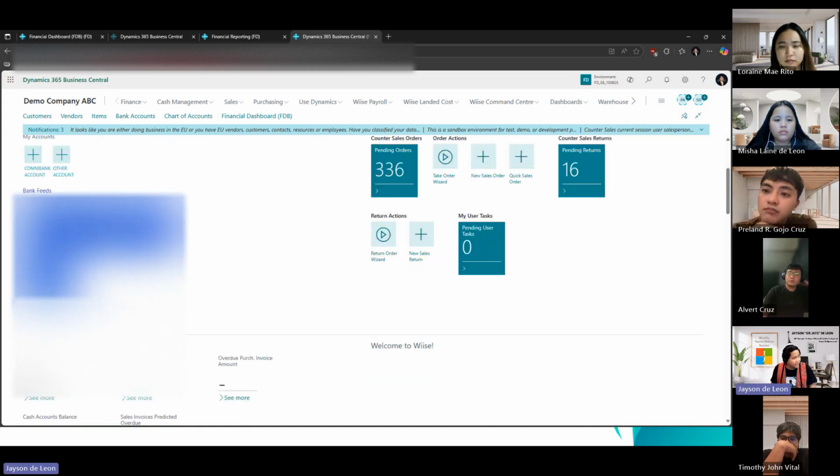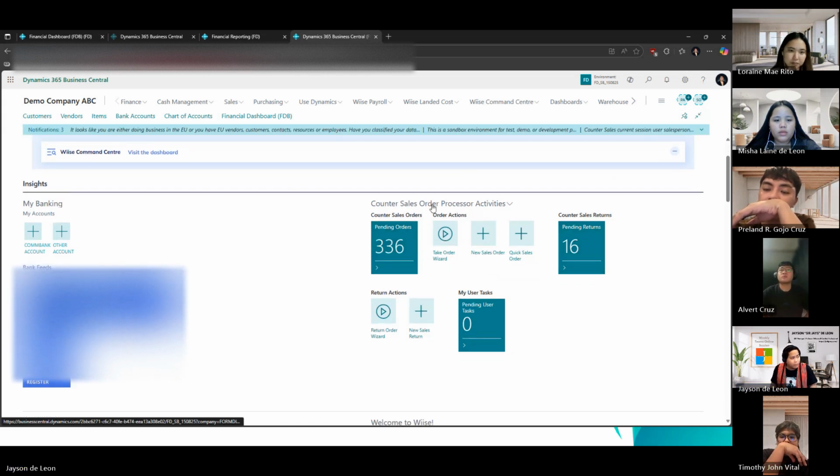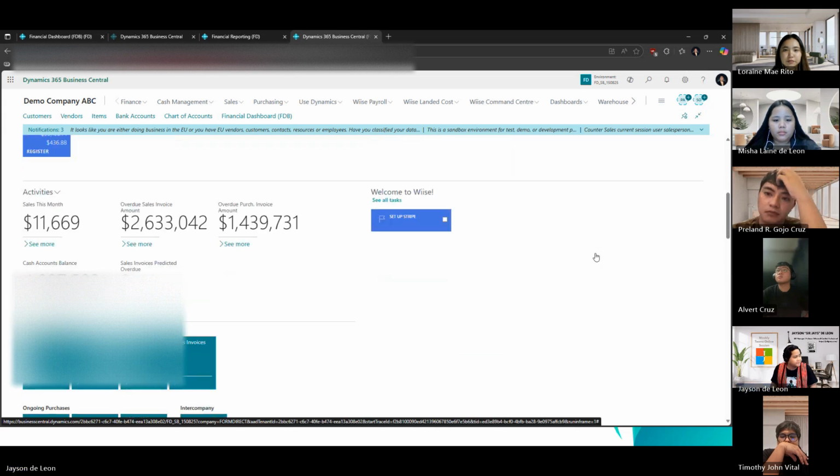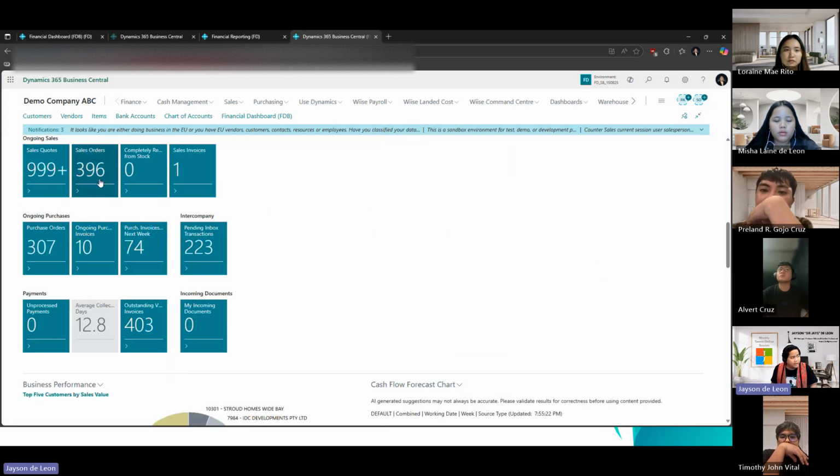You also have insights here, basically showing the queue tiles. What are the pending orders? What are the pending returns? What are the ongoing sales? Here in this one, this actually follows the traffic light feature. It will turn red if this is unfavorable for the company. Say for example, you have 1,000 sales quotes open.